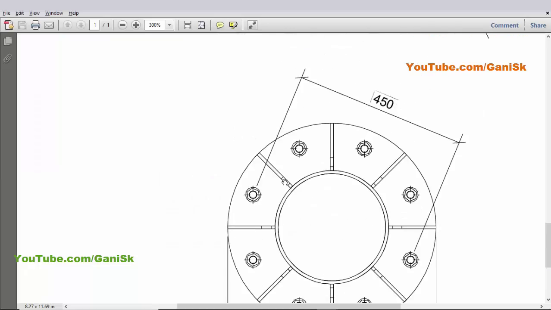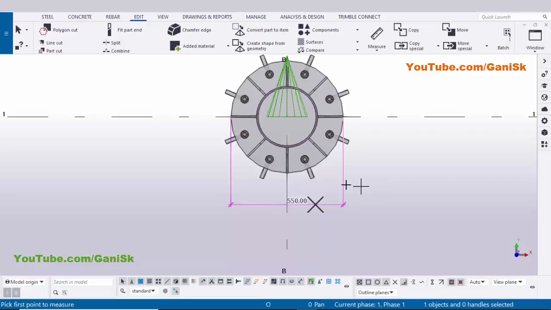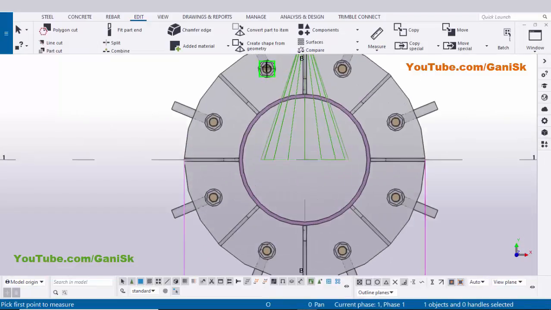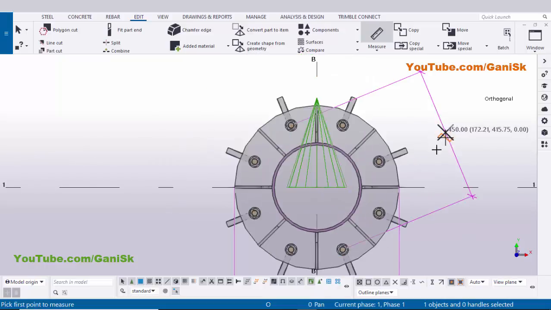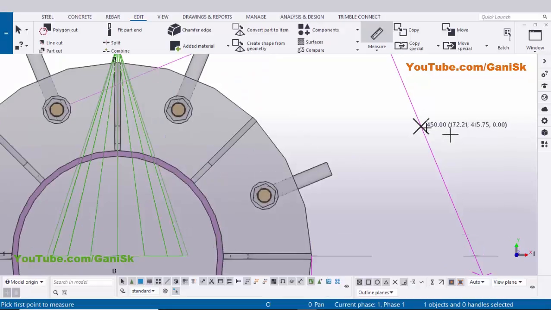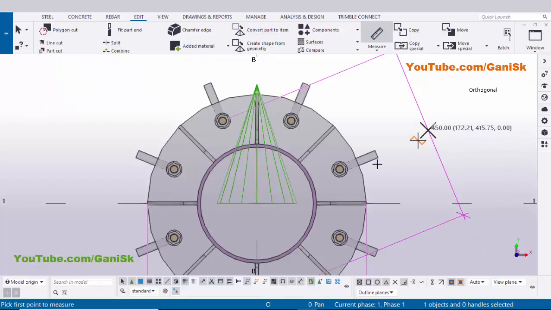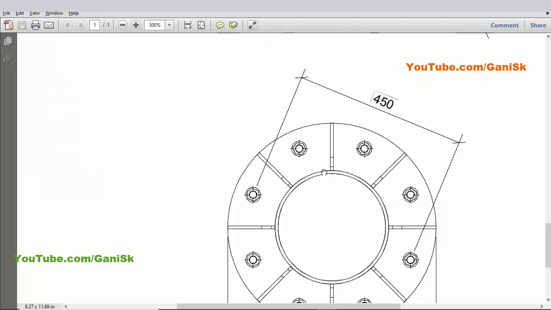Now coming to this diagonal spacing 450 millimeter we need to measure. So click on here and select this distance to measure diagonal spacing. So pick the first point here and pick the second point and place it here to place the dimension. You can see now we have total distance 450 millimeter, diagonal spacing between the two anchors.